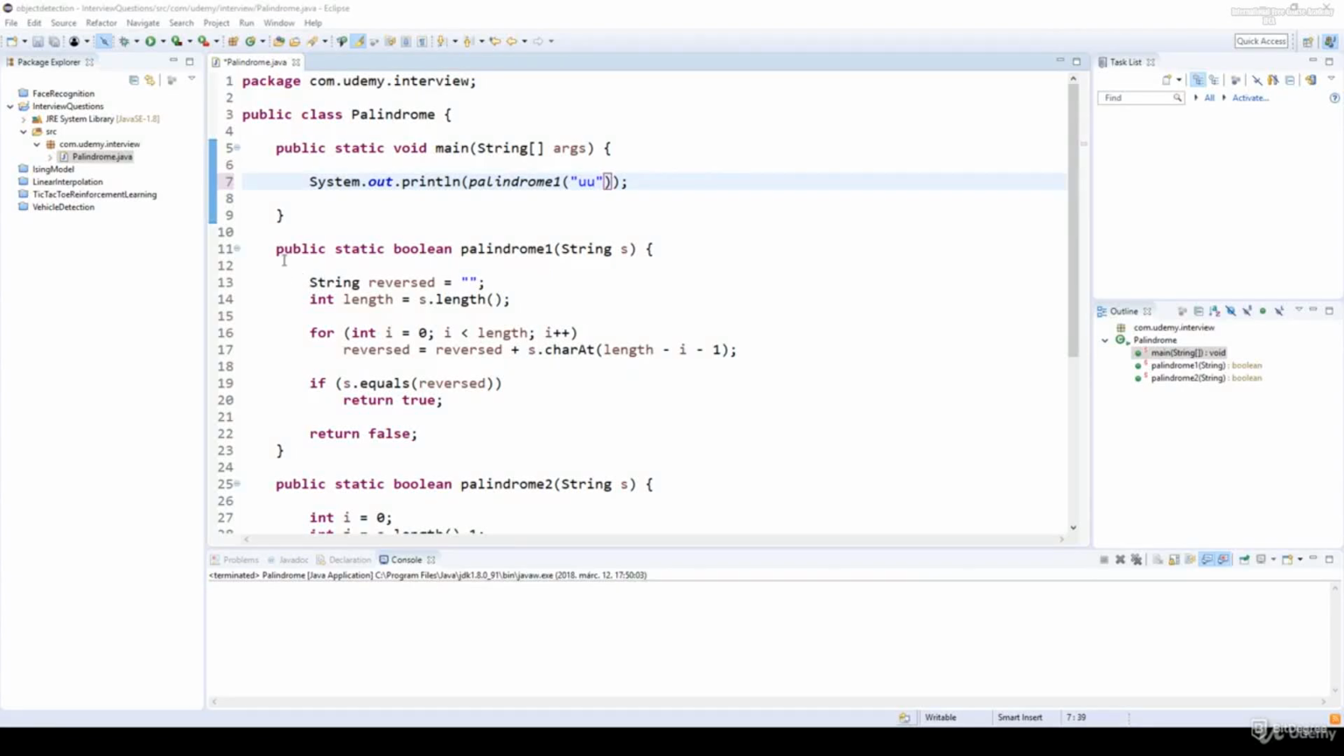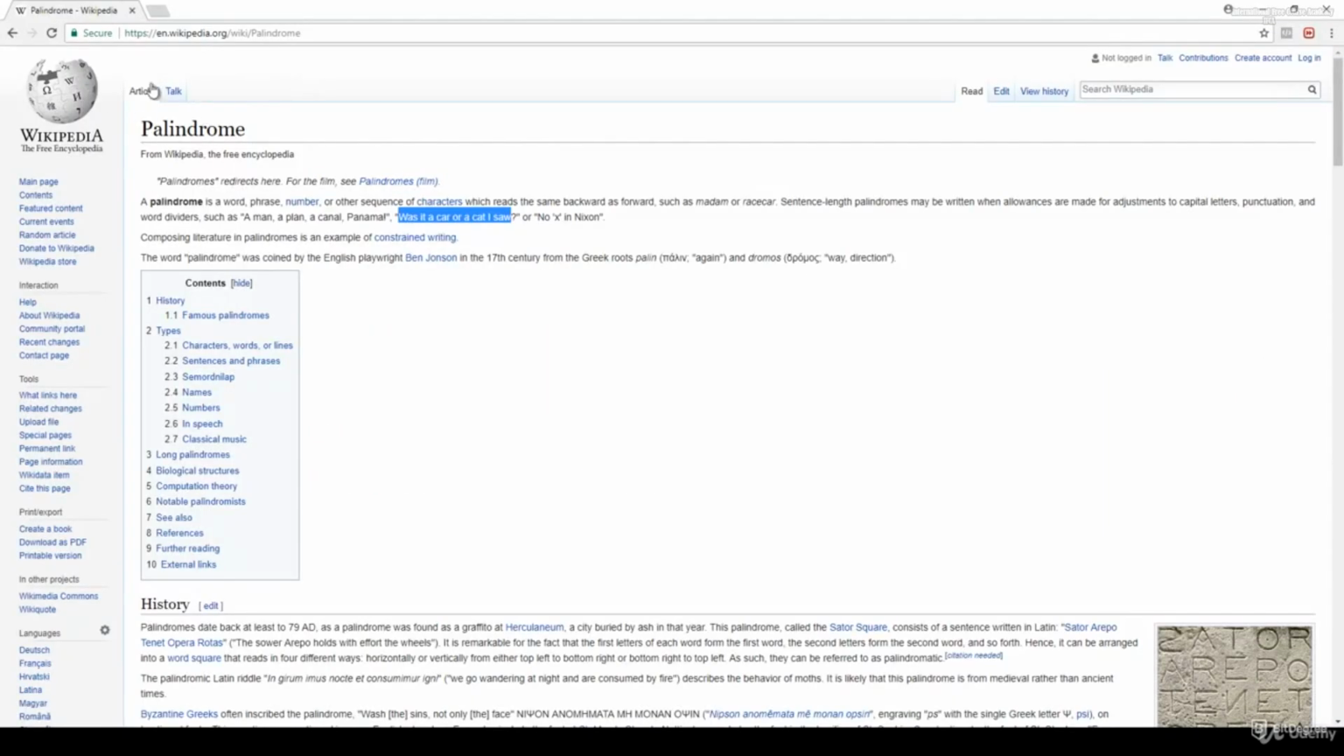In this chapter, we are going to talk about the most common interview questions as far as algorithms related problems are concerned. The most common interview question has something to do with palindrome. If we take a look at palindrome on Wikipedia, we can come to the conclusion that a palindrome is